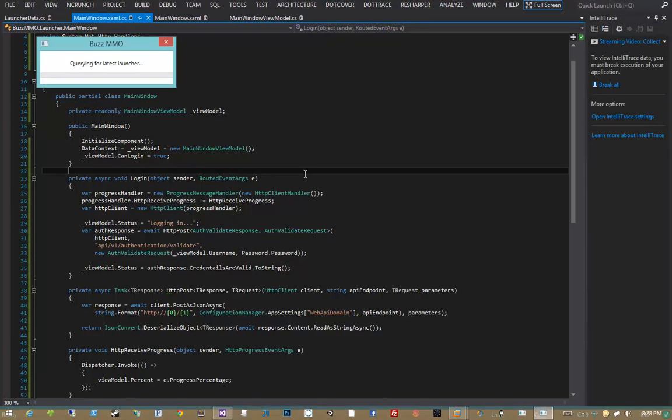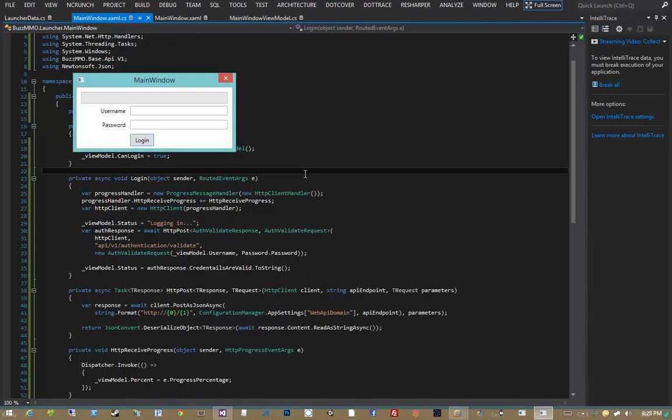Querying for latest launcher, which it should not return a version that's bigger than what it was built with. Okay, username, bleh and bleh. Hit enter. Logging in, false. Sweet. So now let's try admin. Logging in, still false. Now the reason that might be false could be a couple of reasons, but one of them